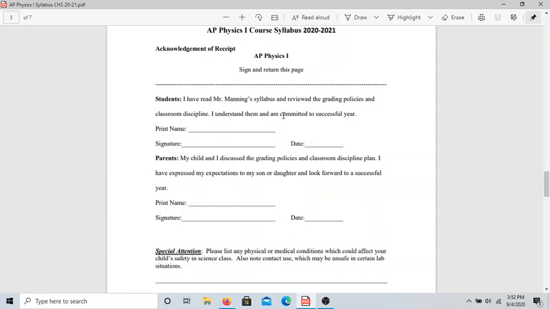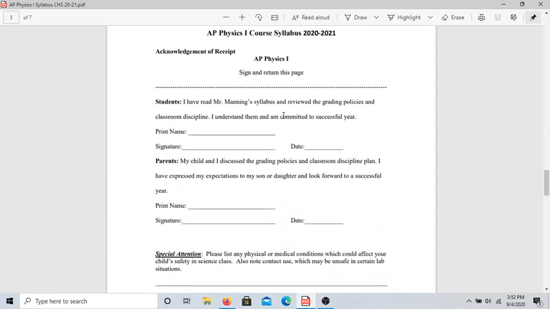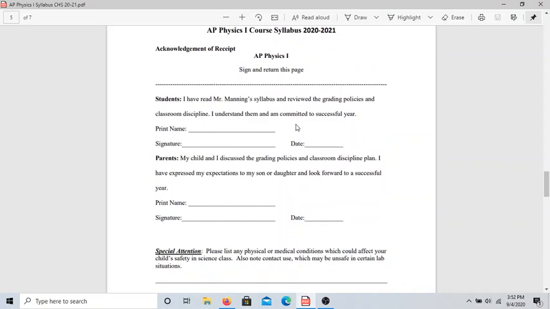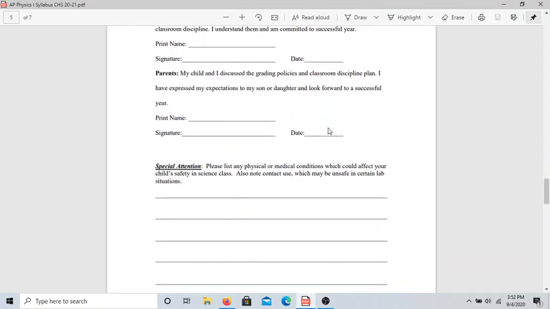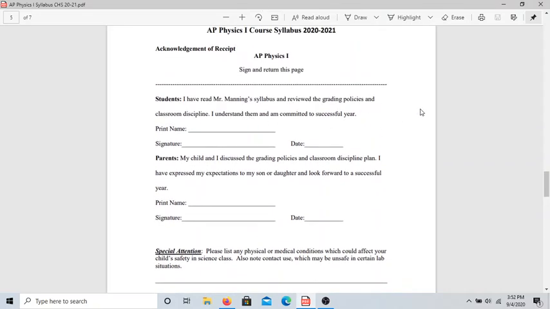This year, you don't need to do this because, well, you know what? Yes, you do. Just screenshot, figure out a way to fill this out if you don't mind, and then send it back to me. I'll have an assignment open where you can submit it on Canvas. So yeah, fill this out if you don't mind. Send it back to me. That's how I know that you actually looked at the syllabus.